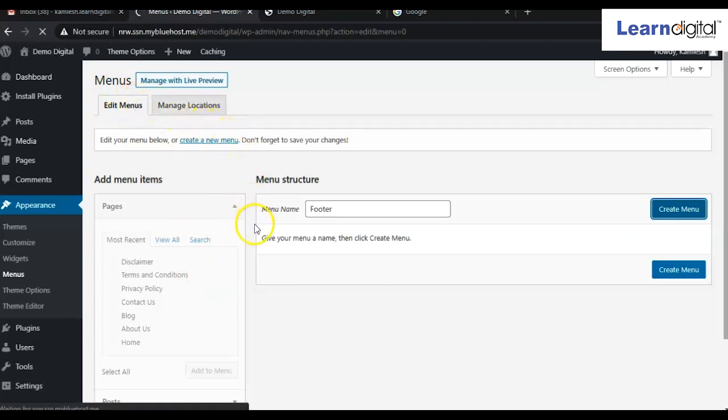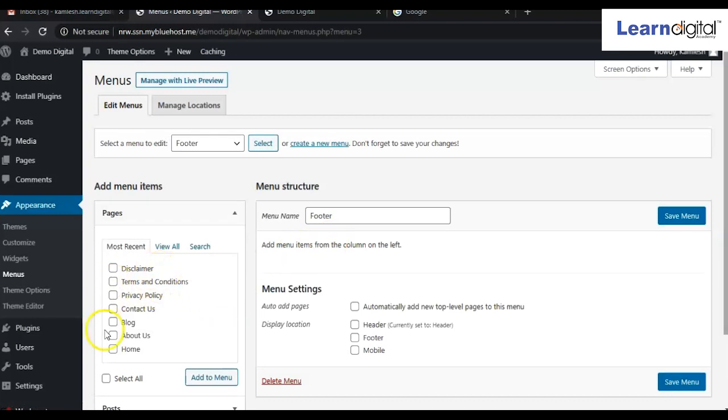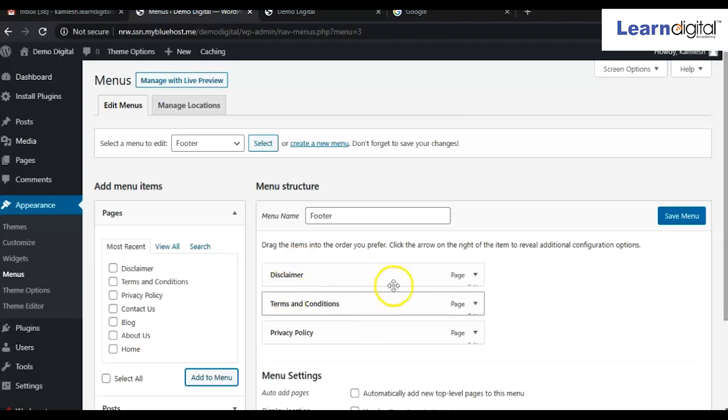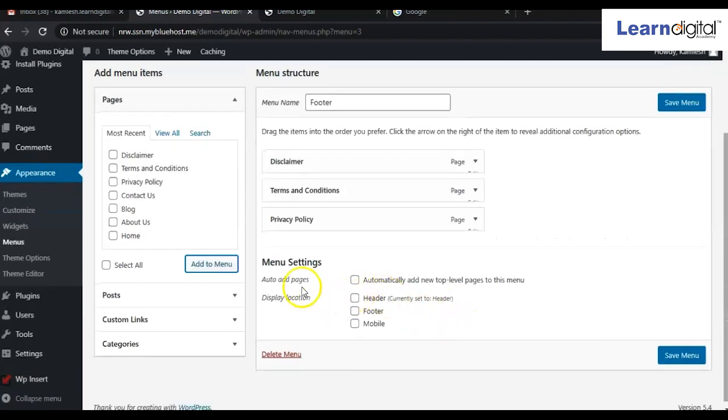So let it update first, then we'll see on that. Okay, now this part has become active. So these pages like terms and condition, privacy policy, and disclaimer, these three pages I want to show in the footer part. So after selecting this one, I'll click on add to menu. So this has been added. Now under the display location, I will select the footer part. Then simply you have to click on save menu,